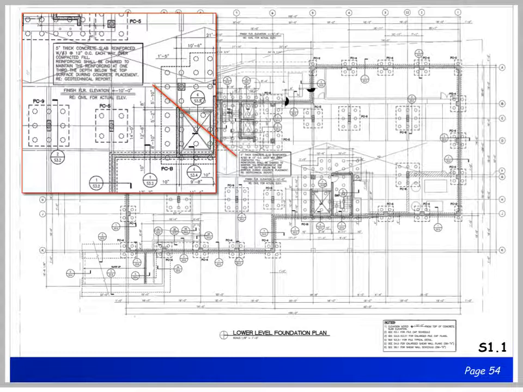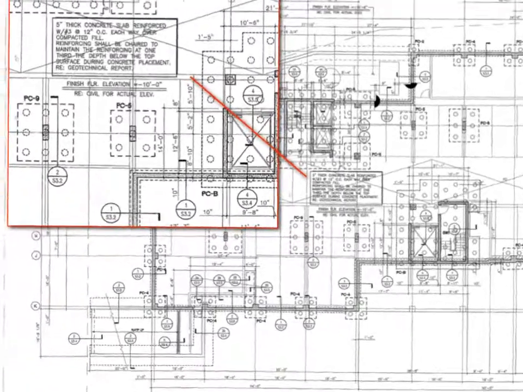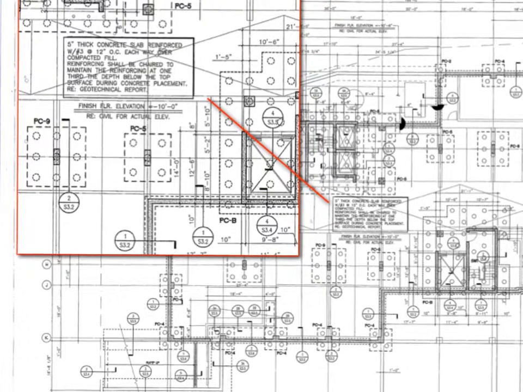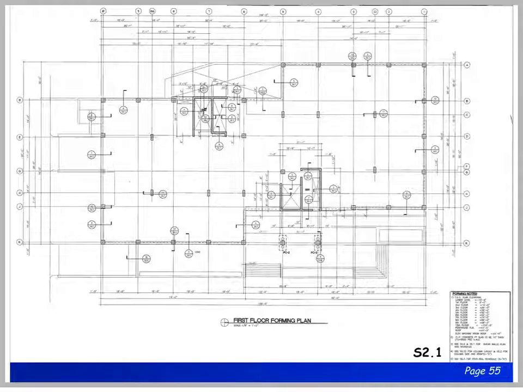Looking a bit closer, this is where you'll find the information about a slab on grade. The note reads, 5-inch thick concrete slab reinforced with number 3s at 12 inches each way over compacted fill. Note the structural plans will follow the same sequence as the architecturals, so the first floor will be next. Note, they are called forming plans because what we're doing is forming the structural deck,